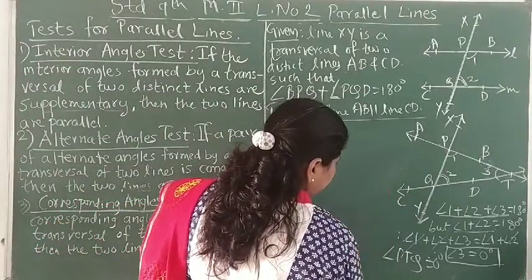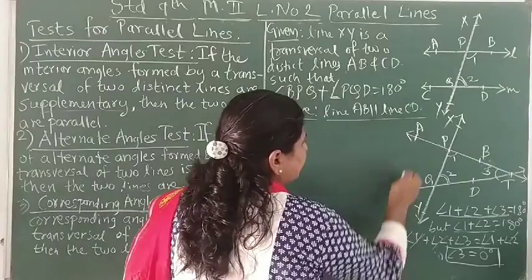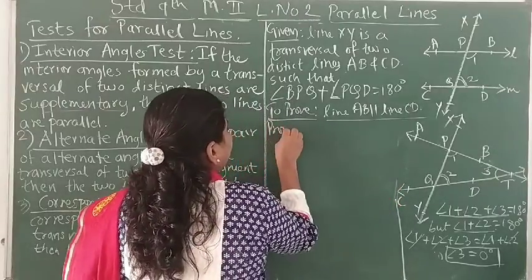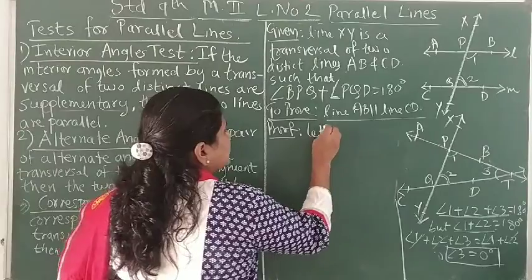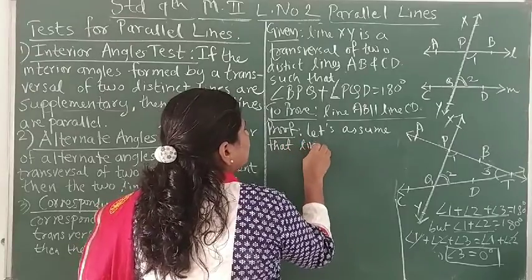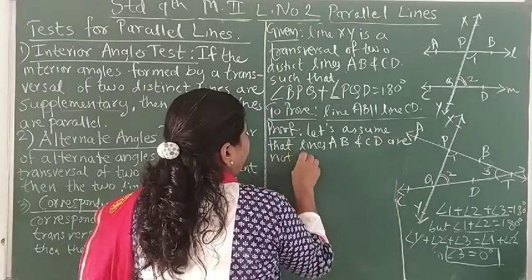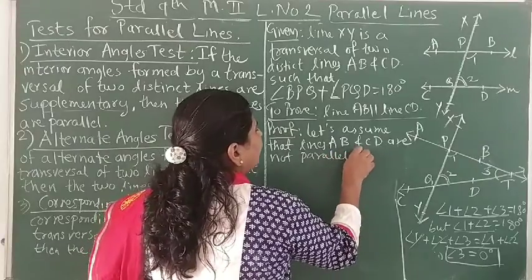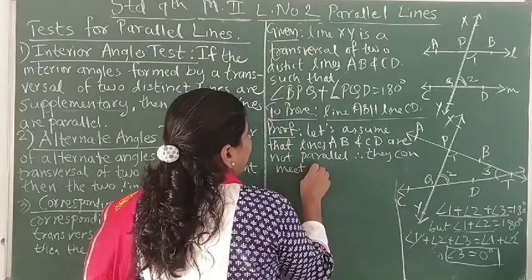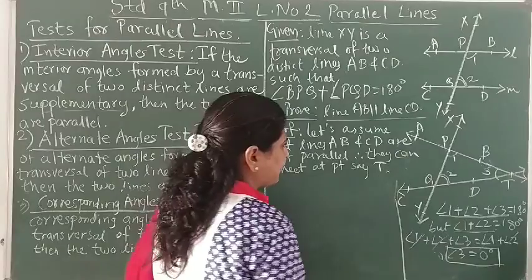So let's prove this. Okay, so let it be a part over here. When I need to, we can cancel this part. Okay. So our proof part, we can start like, let's assume that lines AB and CD are not parallel. Okay, therefore they can meet at a point, say, T. Let's take T. Okay, therefore